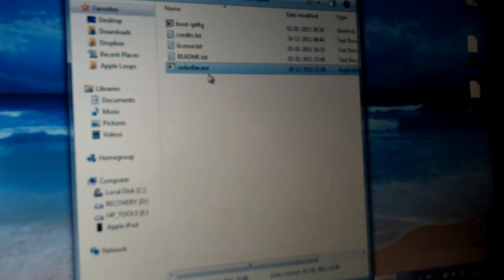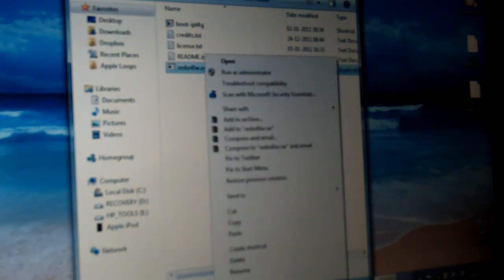So first off, you're going to open up Redstone, and again, if you guys are on a Windows computer, you are going to have to do these steps. You're going to come over to the Redstone executable file, right click on it and hit properties, which is the last option in this drop down bar. Now here you're going to come to this box and hit the second tab, which has compatibility, and check this little box that says run this program in compatibility mode for,